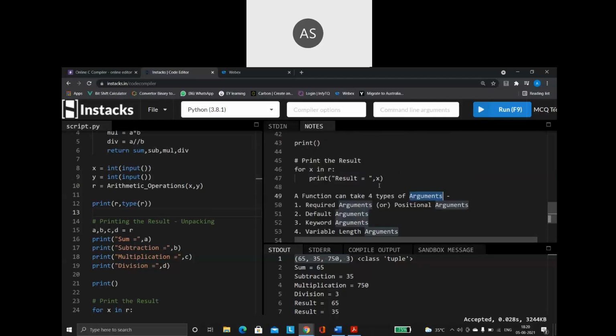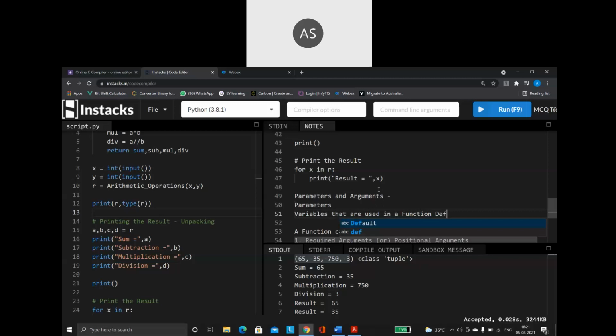Before doing this, you should know the difference between parameters and arguments. So what is a parameter? What is an argument? Please know this difference very clearly. Parameters are nothing but variables that are used in a function definition.